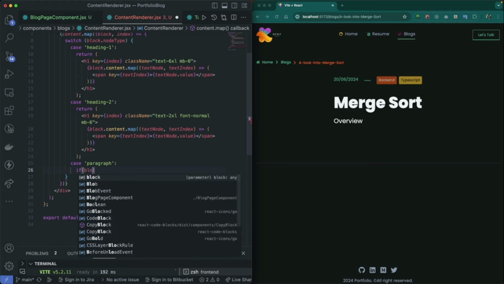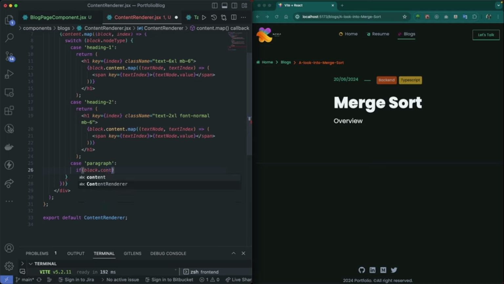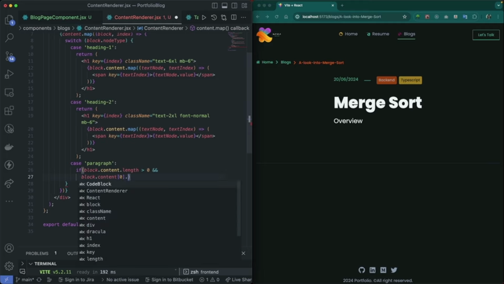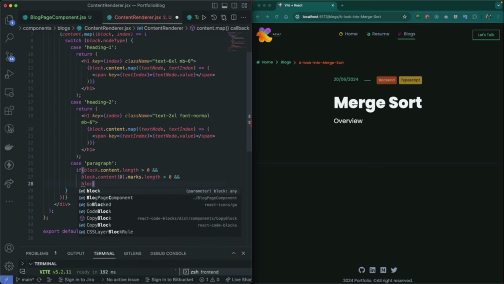So if our block.content.length is greater than 0, and our block.content at position 0 or index 0 has some marks. So if the marks.length is also greater than 0, and our block.content at index 0 dot marks at 0 dot type is equal to code,